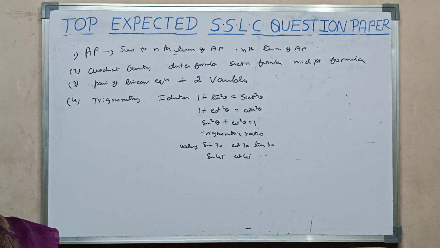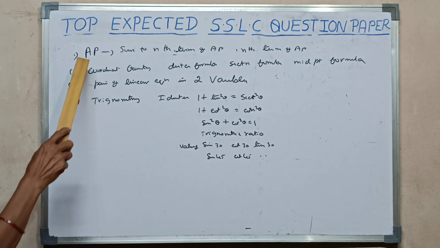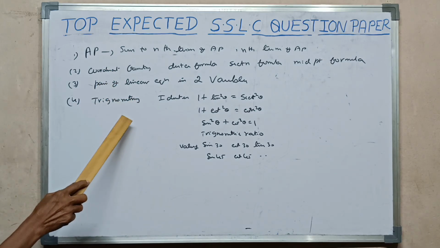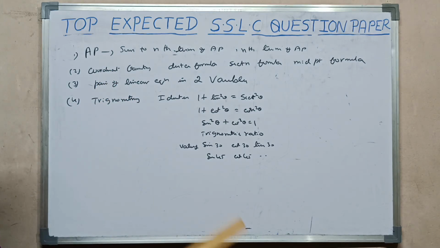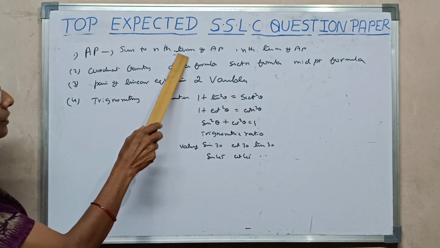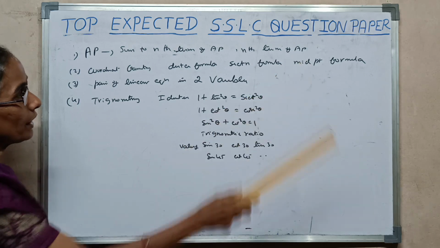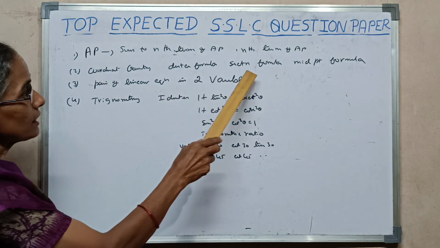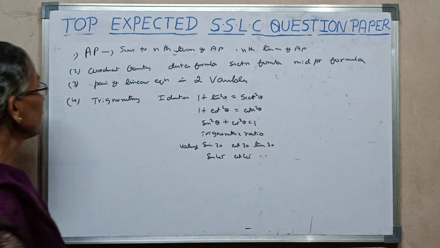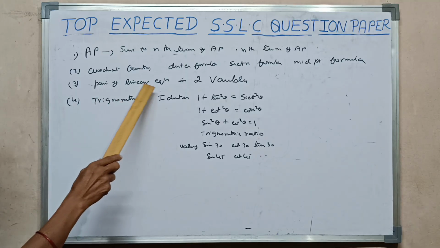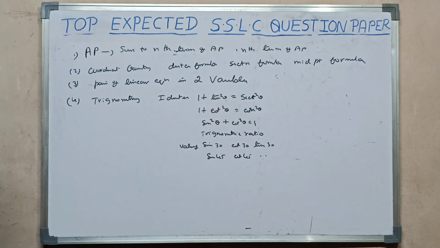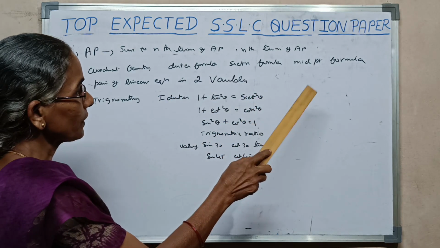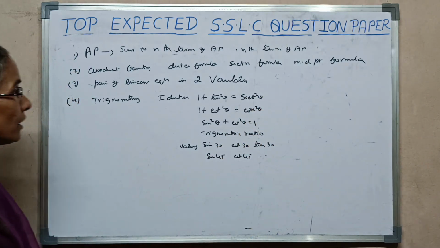Students, in last class we were studying about AP, coordinate geometry, pair of linear equations and trigonometry. In arithmetic progression, we have to find the formula to find sum to n terms of AP, nth term of AP and arithmetic mean. In coordinate geometry, we have to find distance formula, section formula and midpoint formula. And in pair of linear equations in two variables, we have to find the formula for intersecting lines, coincident lines, and